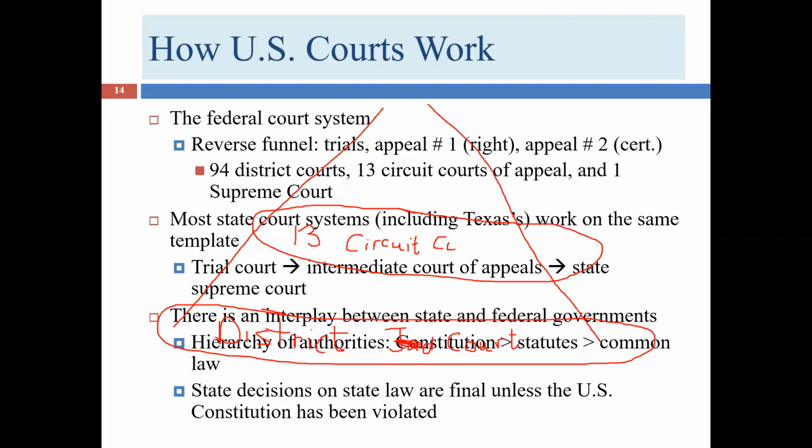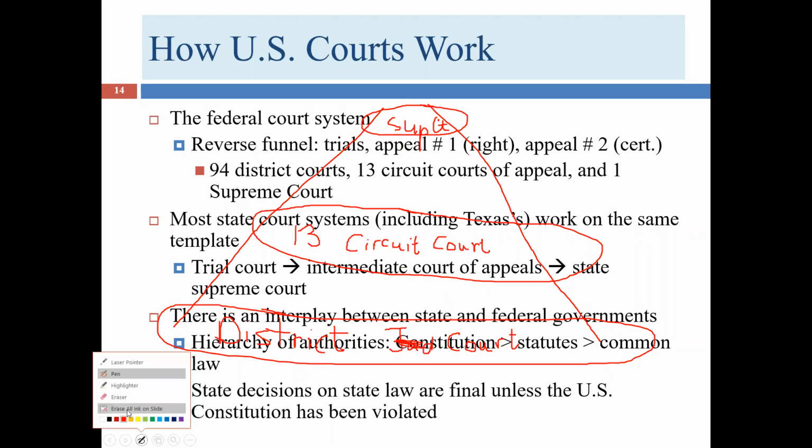They're interchangeable. And then, of course, our final court, and we just have one of these, is the U.S. Supreme Court. And again, if I'm not happy with what happened in the circuit court level, I can go to the Supreme Court. We have a similar system for state courts. Again, because most of our litigation is going to happen in federal court, I'm not going to spend a lot of time talking about this, but it's the same system in Texas as we do have in the federal system.